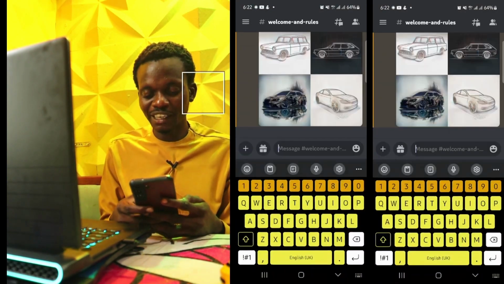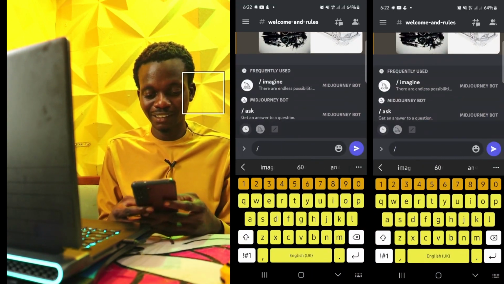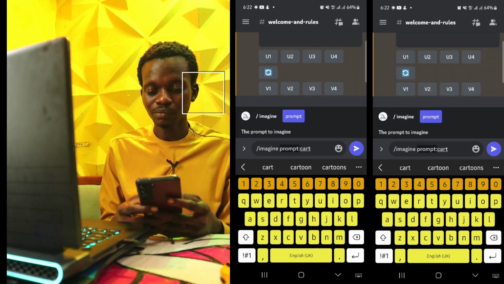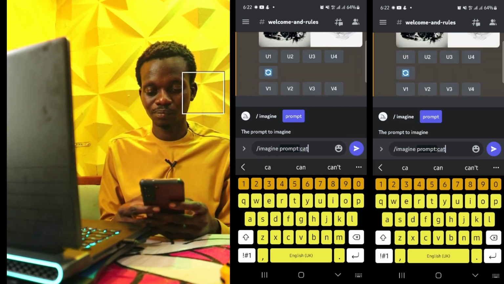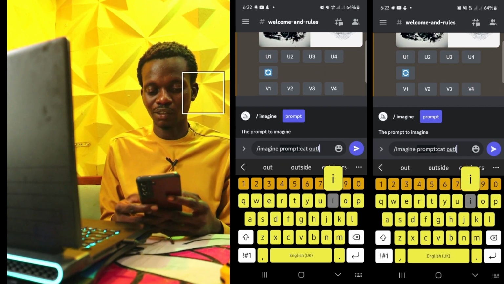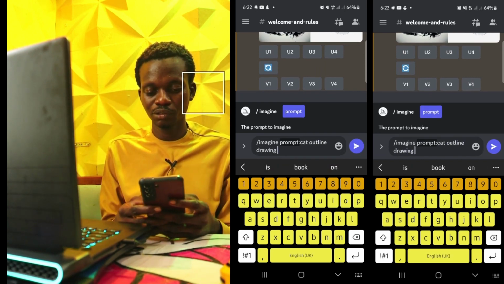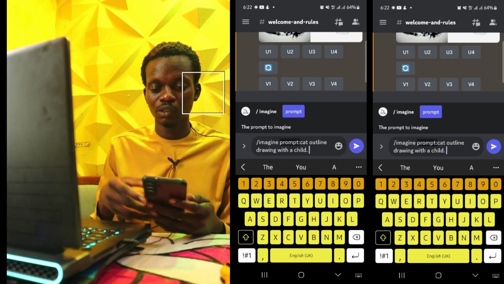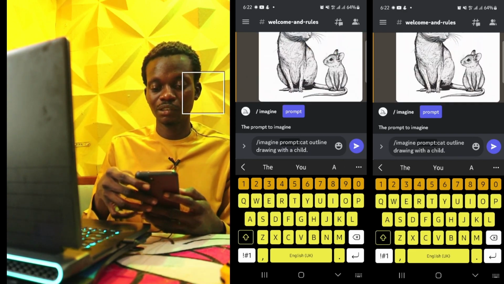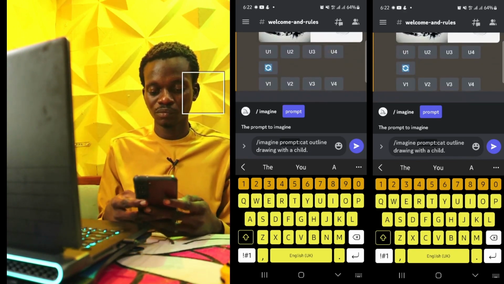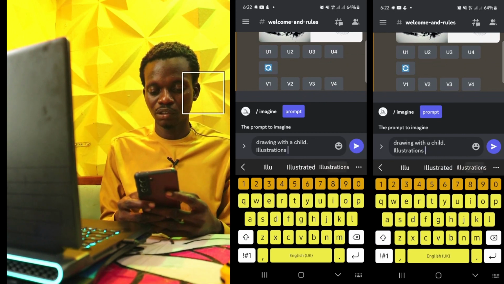Okay, children. Now let me add a taste of children attached to it. Okay, cat outline drawing with a child. There was something I wrote. Let me see. There were some statements. There was the word illustration. Okay, illustration,